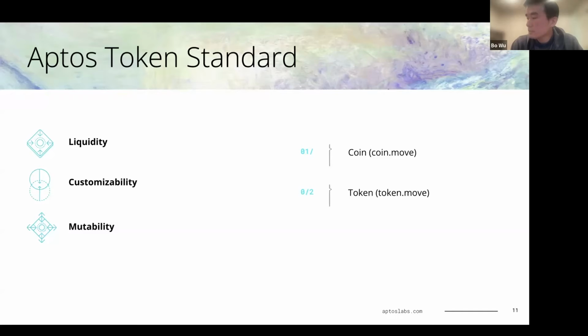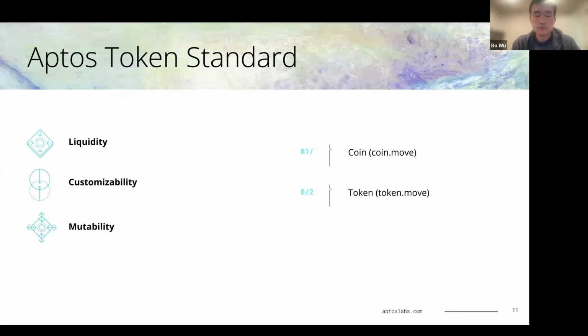These two different types of use cases have different needs. For example, for currency, the metadata is usually very simple and immutable. For NFT and utility tokens, they usually require customized properties, and these property values may mutate over